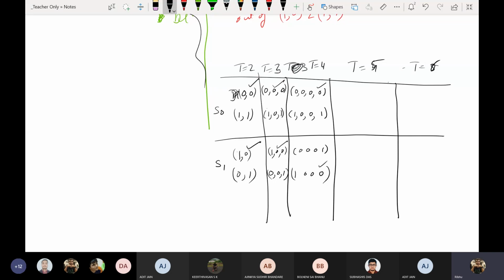Yes, sir. So our estimate of the past is something that we know, right? So if I know at t equal to 3 that I got 0, 0, 0, I can estimate that if I got a 0 at t equal to 4, this will be the most likely path. So, sir, can I discard